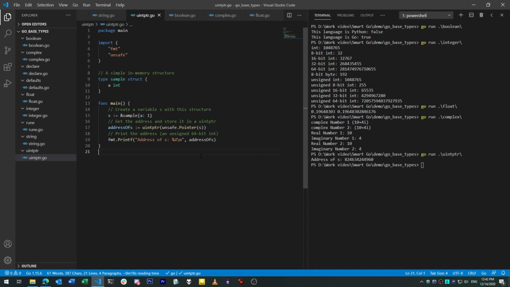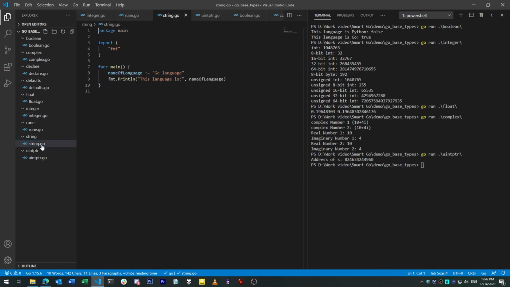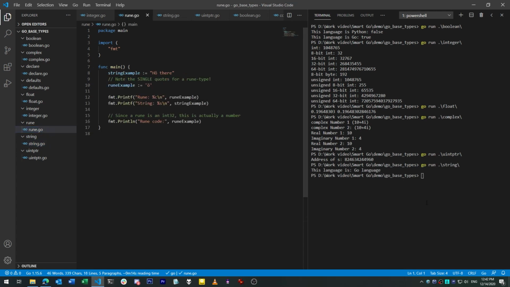Another type in Go that ought to be familiar to people coming from C is the byte type. This is just an alias for an unsigned 8-bit integer. However, unlike in C, there is no char or character type in Go. Finally, on that note, there are two variable types that can be used for dealing with strings, the string type and the rune type. Strings are just immutable text stored as an array of bytes, but runes are individual Unicode code points. They're essentially int32s that are used specifically for working with individual Unicode characters. Again, the way strings and runes work in Go is complex enough that it's worth talking about in another video.